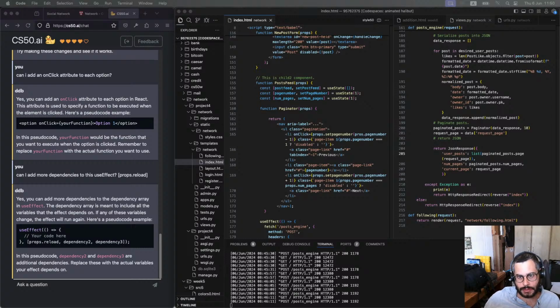So I think the way to do that is we're going to have to add an argument here to the post feed, and the argument is going to be similar to the request type. And so only our post feed element will actually fetch into our post engine. So that's, I think, the optimization for the next coding